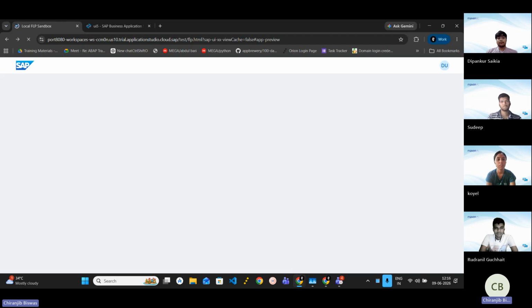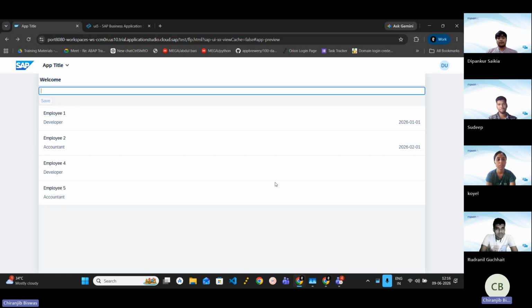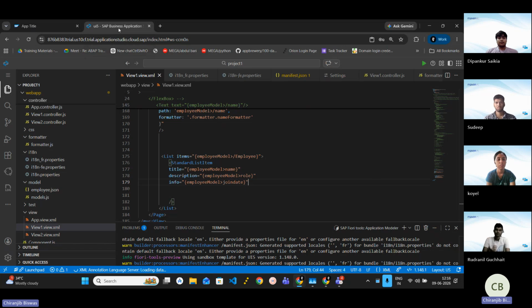Let's see whether it is showing or not. Okay, so it is showing here. Now let's change the format using a formatter. So what we can do,